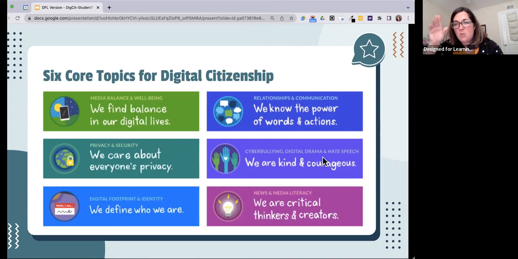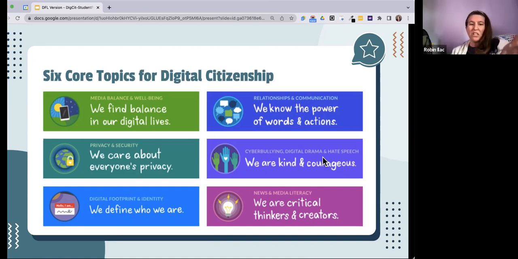And it doesn't mean that you have to be all hip and in the know. But we all know that the power of our words and actions is important. And so just having those communications and being able to say, it's like when you're on Instagram and you're showing a part of yourself, but that's not really who you are. You can relate that to classroom behavior as well. How have you seen some of these things in your classroom or with teachers that you work with?